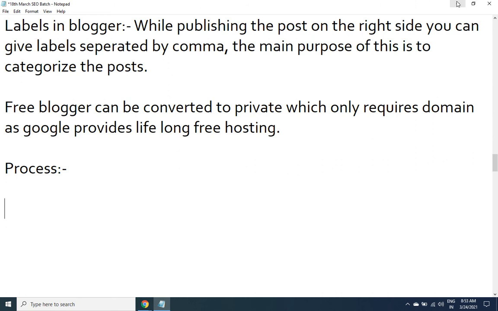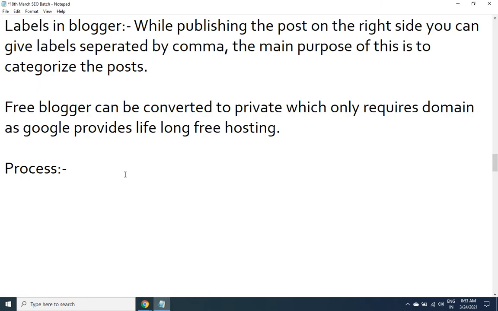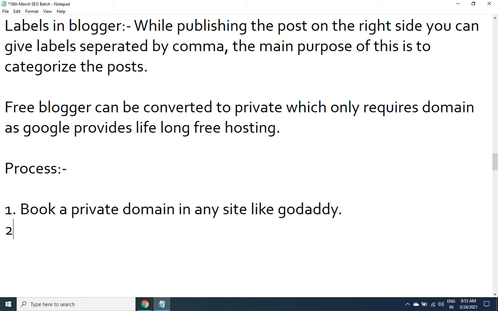What I need to do is firstly register a private domain. Unfortunately I do not have any domain to spare, because all my domains are right now live, but still I'll show you the process of how it is to be done.